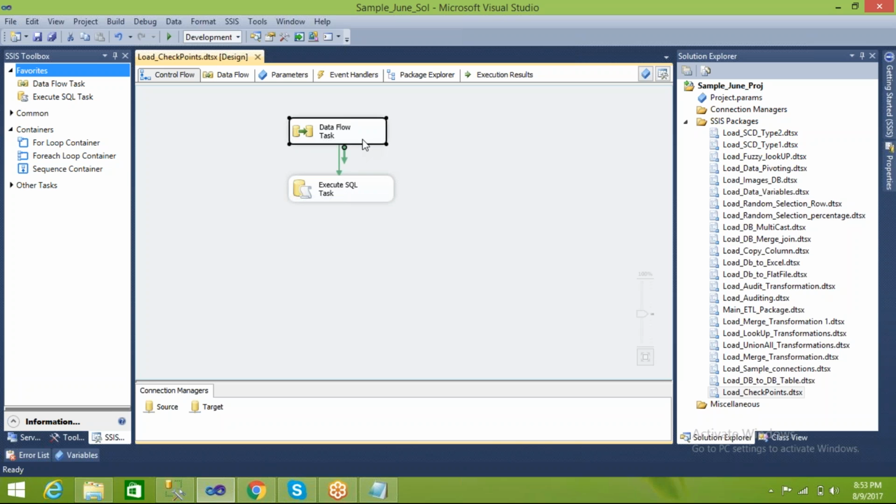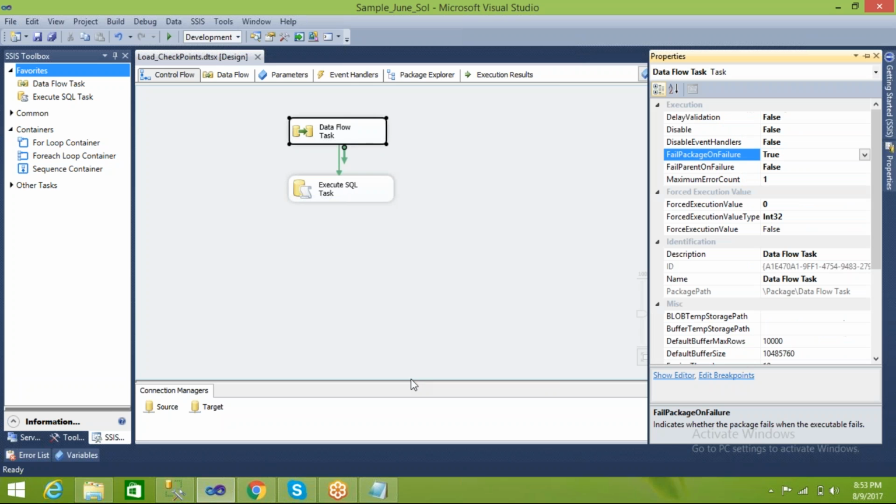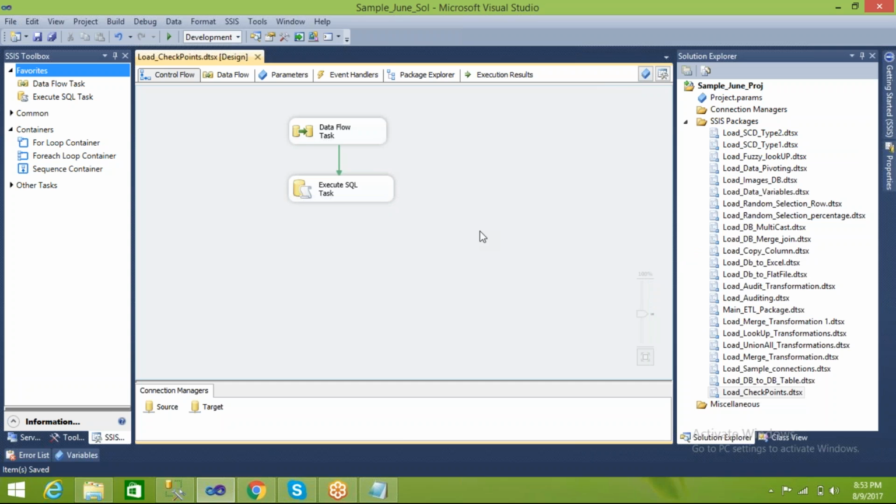So select each and every task and go to its properties. Inside of that you can see fail package on failure, make that one true. Similarly select the second task, right click, go to properties and make fail package on failure true. Once after configuring these three things, one is on the workspace, that means at package level, and the others at task level. However many tasks you have, that many options you have to change. Okay, task level. Once after changing the task level, if you execute that,